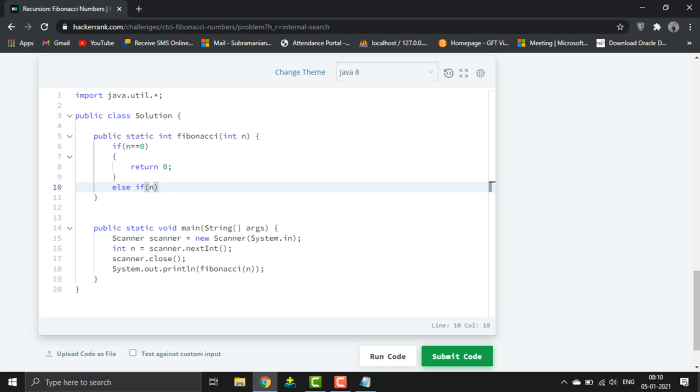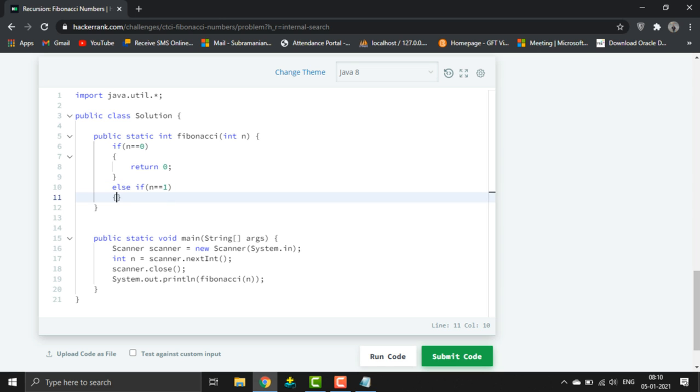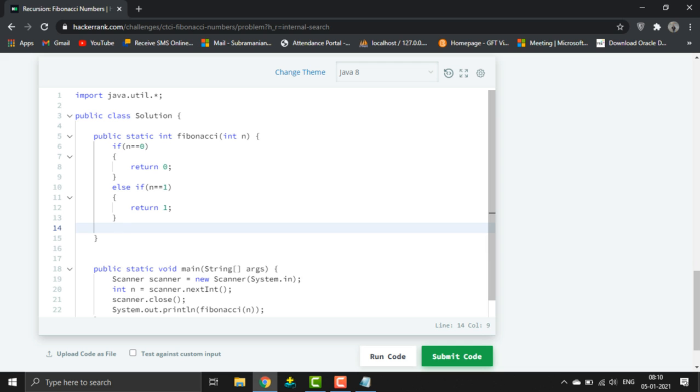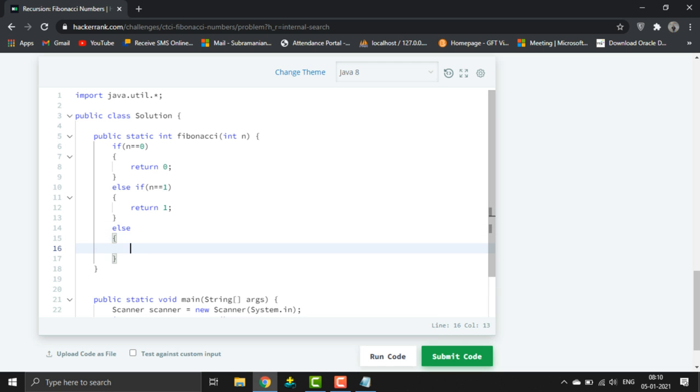Else if n equals 1, then we should return 1. Else, what we should return is, return Fibonacci.